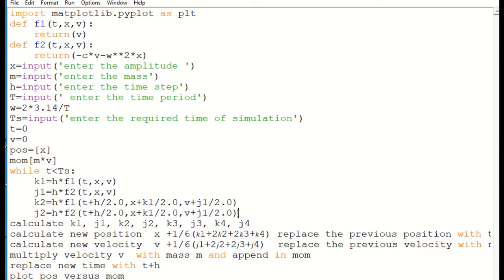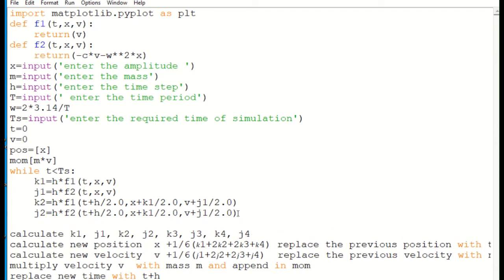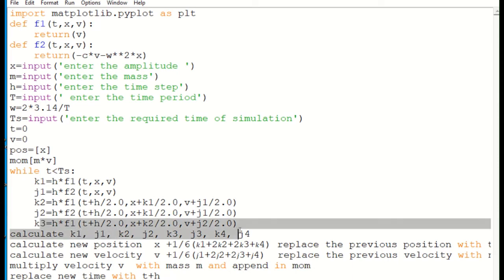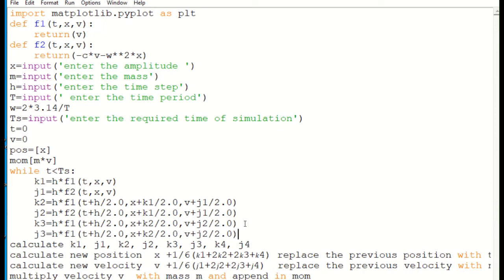Alright, similarly I can calculate k3 is equal to f1 of t plus h by 2, ഇവിടെ k1 by 2 ആവും എന്നുള്ളത് k1 k2 by 2 ആവും, j1 എന്നുള്ളത് j2 by 2. Okay, and next I have to calculate j3. j3 is equal to like this, but ഇവിടെ function instead of this thing it is f2 ആണ്.